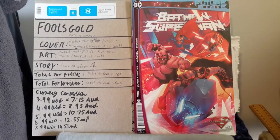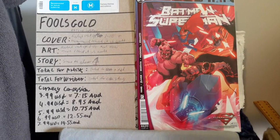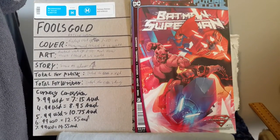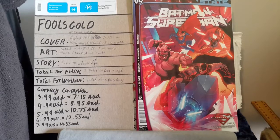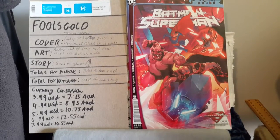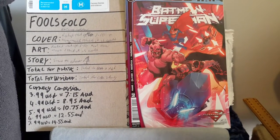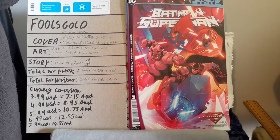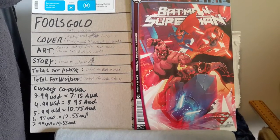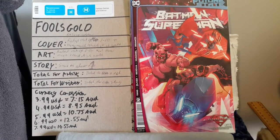So, in locations, we got Gotham, we got the Gotham Hospital. We also ended up going to one of the Bat Caves in the East End with Batman and Superman, which was really nice. We also got to go to Metropolis and see some of the footage there, as well as Blackgate Penitentiary Prison. The cast was made up, of course, of Batman, Superman. There were some Sentinels that did make their appearance in this, as well as some other villains connected to Professor Pig. I really enjoyed how this story was brought across by Jean Yang,